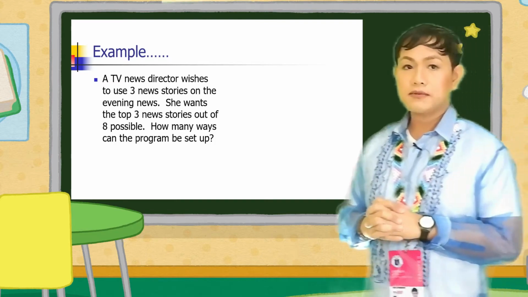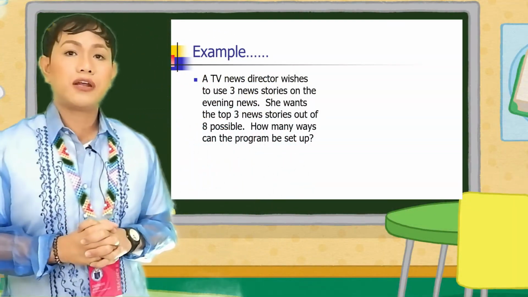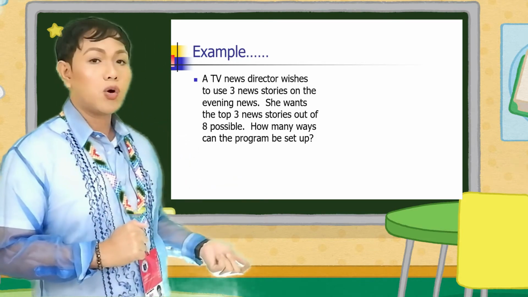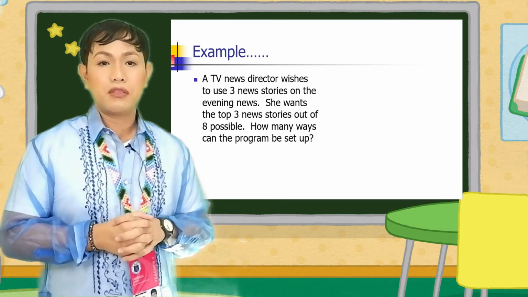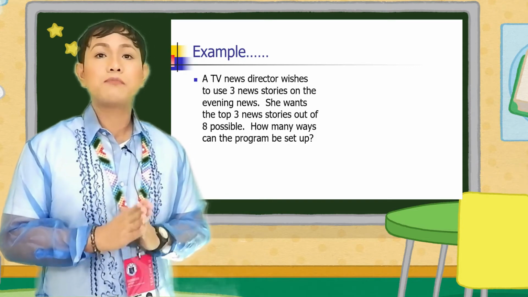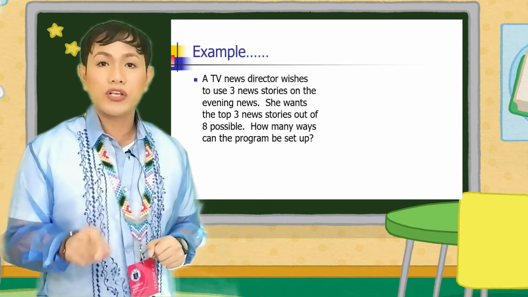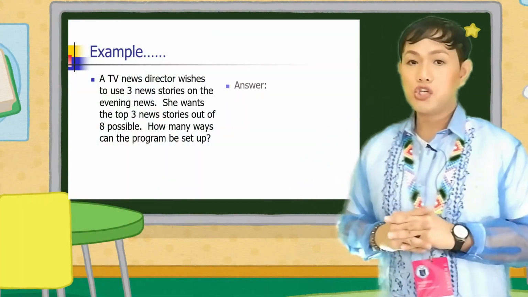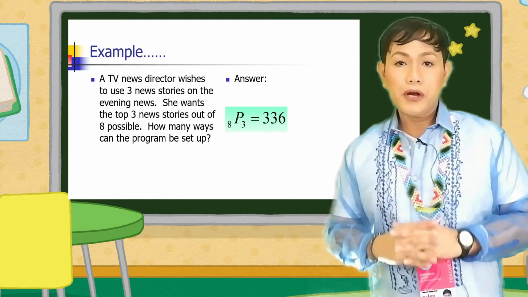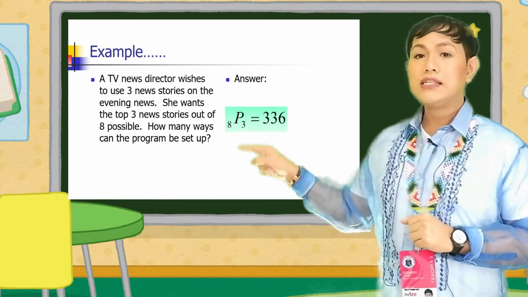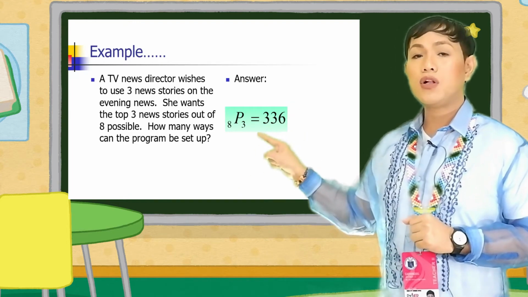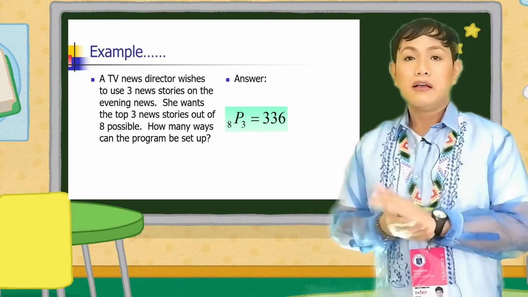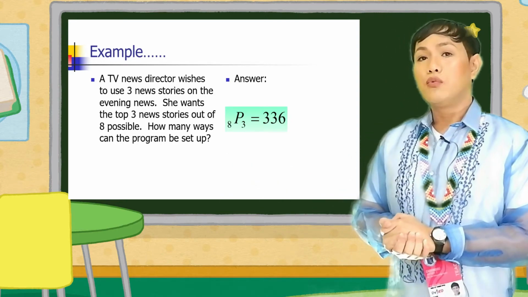Another problem is, a TV news director wishes to use 3 news stories on the evening shows. She wants the top 3 news stories out of 8 possible news stories. The question is, how many ways can the program be set up? So the solution would be, the permutation of 8 objects taken 3 at a time is equal to 336. The full solution will now be